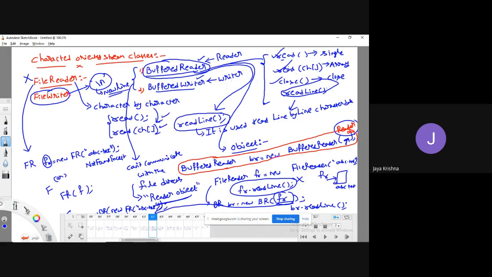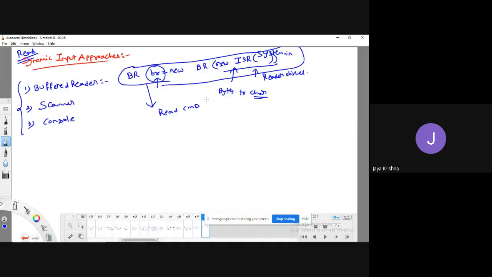It contains the read method, read array of characters, and the readLine method. All these methods exist for this BufferedReader object.